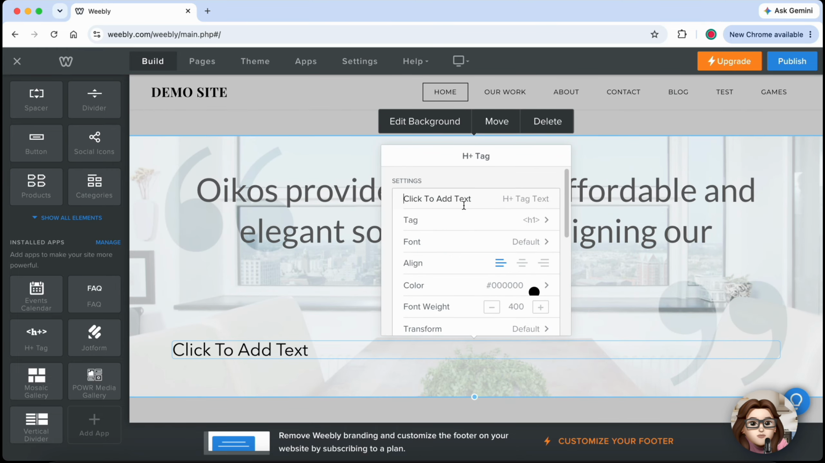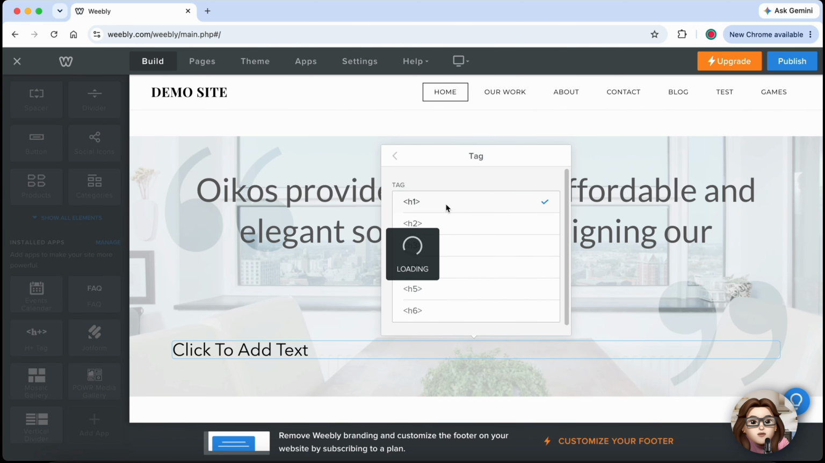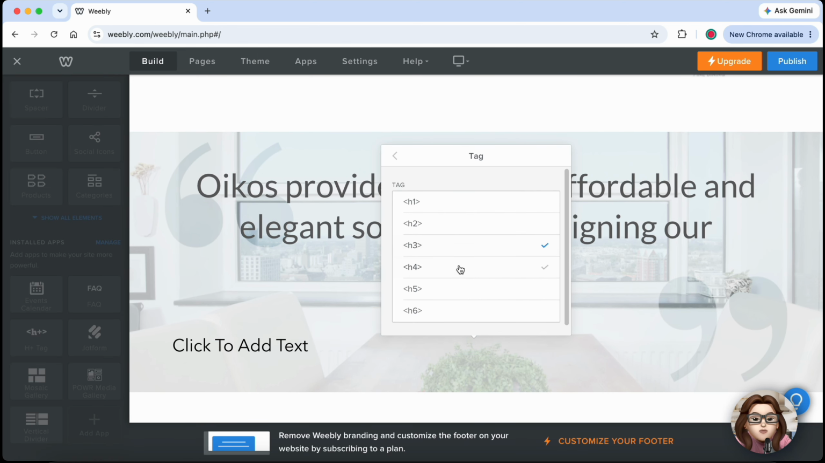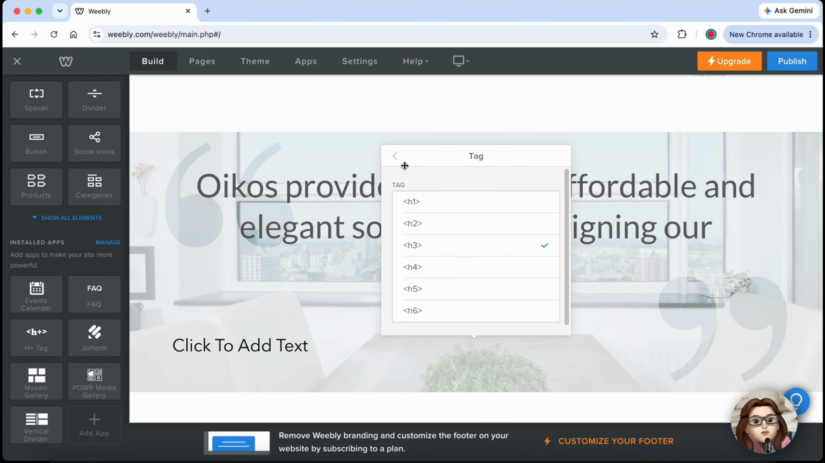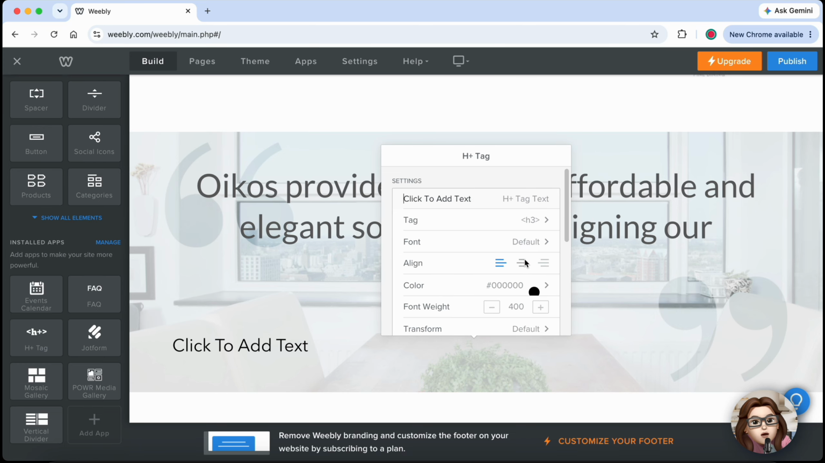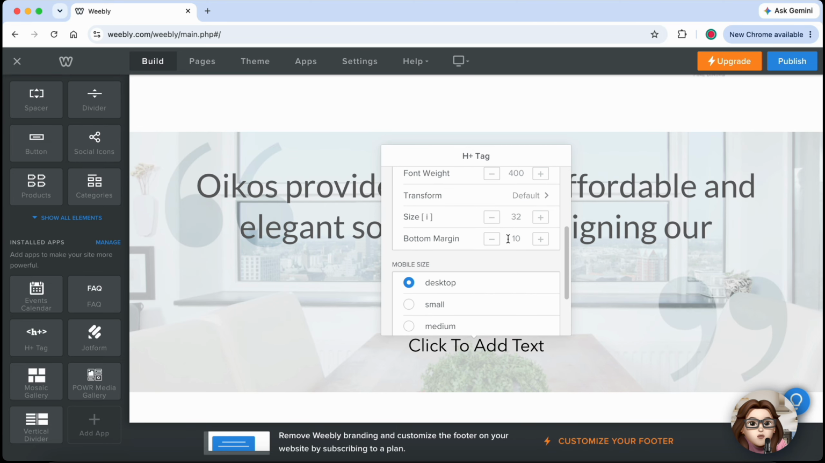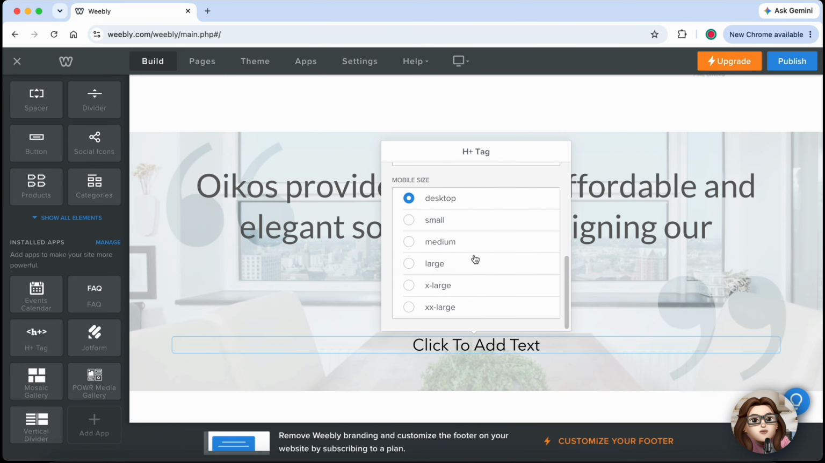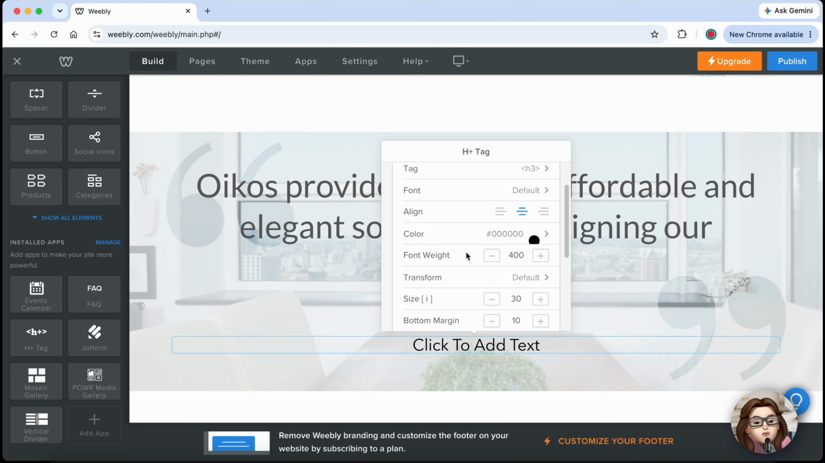Enter your heading text, then choose the heading level you want from H1 through H6. You can also customize the font, text alignment, color, font weight, text transform, size, spacing, and mobile font size to match your website's design. Once you're happy with your changes, save and publish your website so the new heading tags